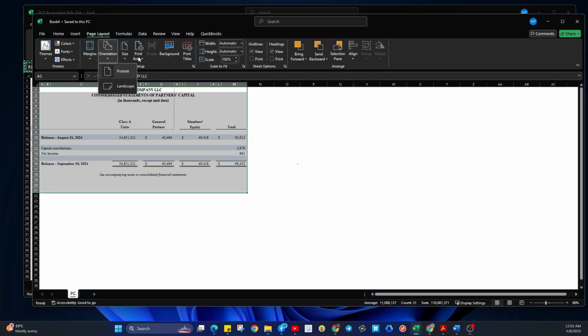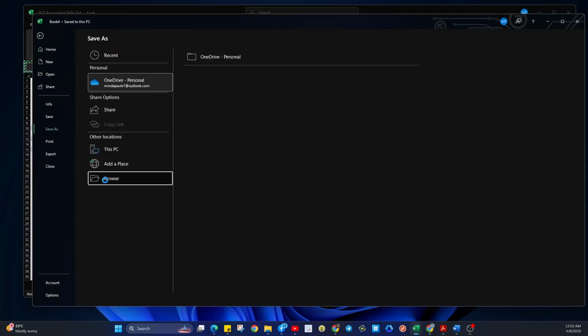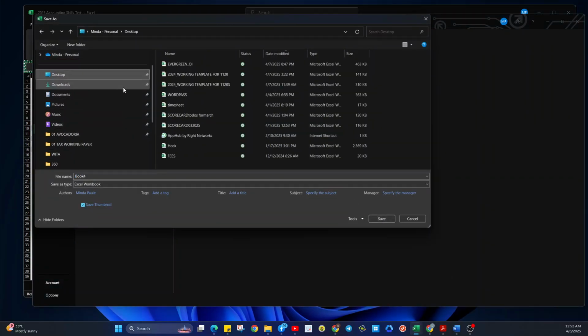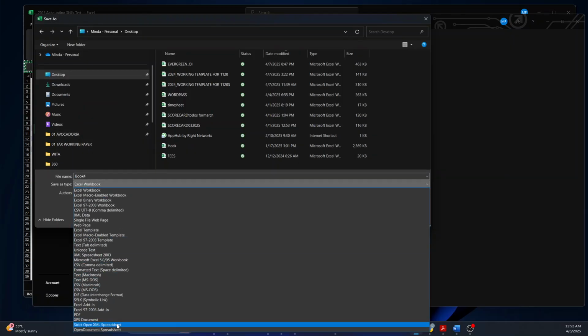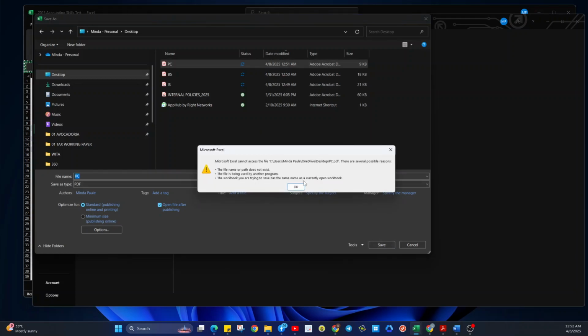Orientation, set print area, because this is the print area. Orientation, landscape. Alright, file, save as, desktop, PDF, partners capital, let's see, yes.